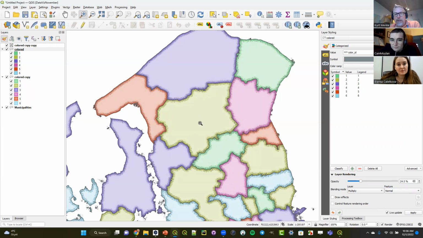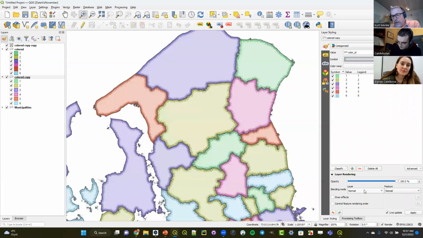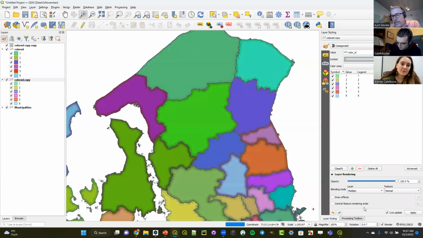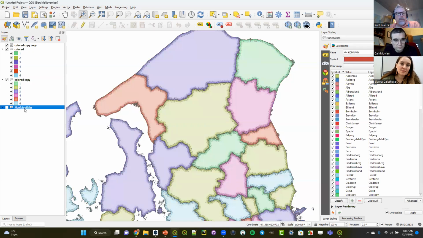I'm going to add a base map to this later. So when I do that, you'll be able to see the base map through this because it's using both opacity and blending. If I choose the colored copy below that, I'm also going to give this a multiply blending mode. So they'll both be multiplied and you'll be able to see what's underneath them. And I'm going to give this some opacity. Turn that off. So we have